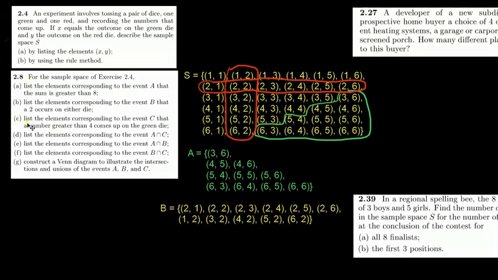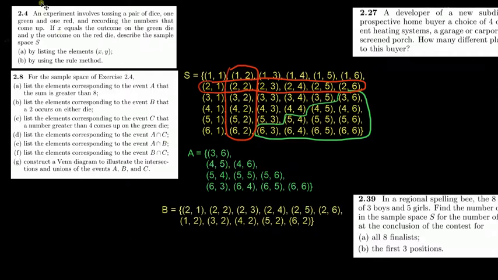Let's go ahead and go on to, I'm going to skip C, right? So let's go ahead and go down to E. List the events that correspond to A. Oops, let me go ahead and switch the pen. So A